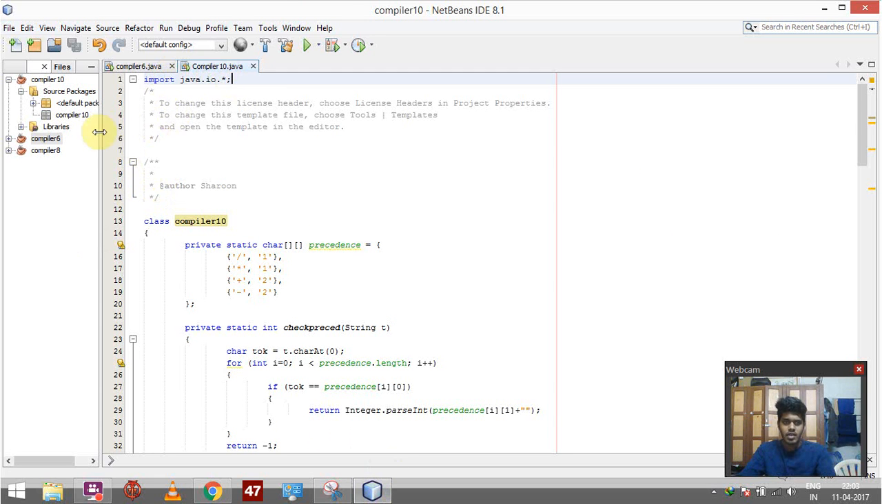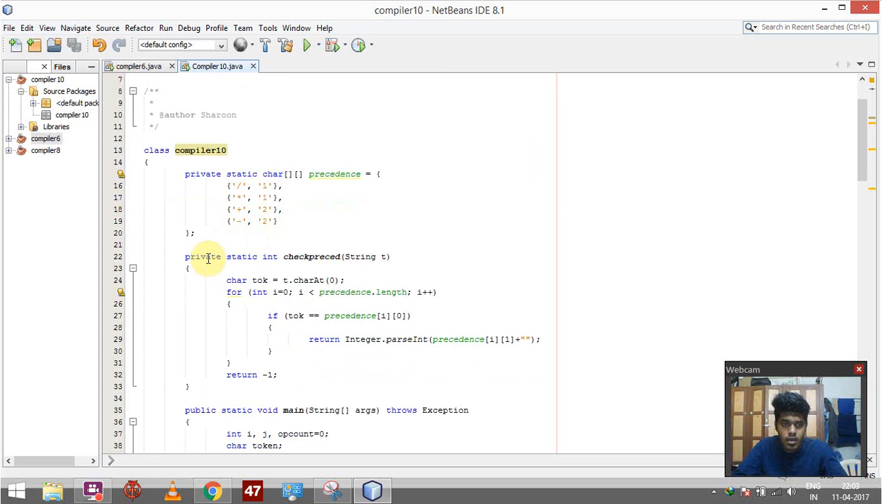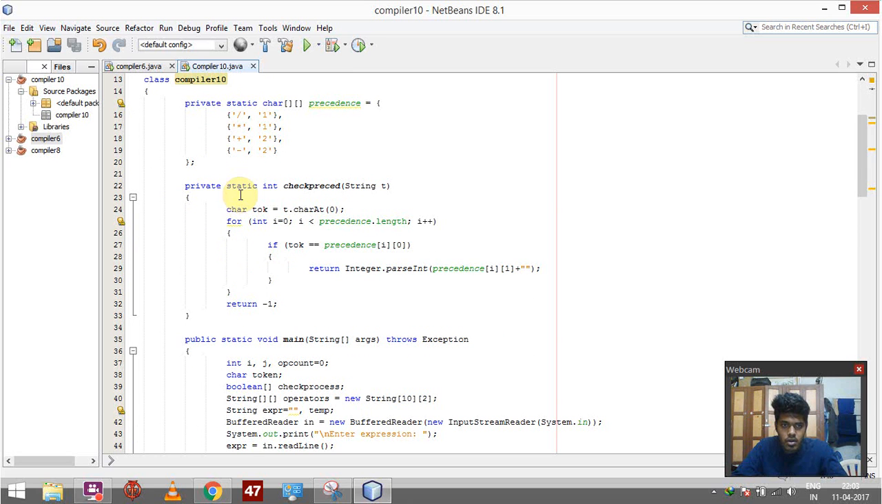So we've imported the Java package and we start by declaring a precedence static character array in which we define the operators and the precedences. The lower the precedence number, the higher precedence it will have. Then we go on and